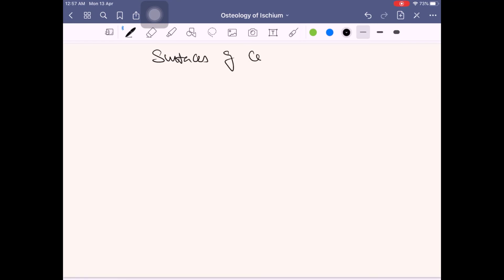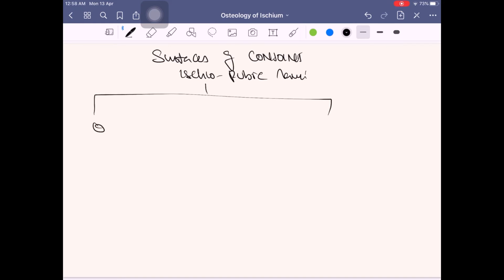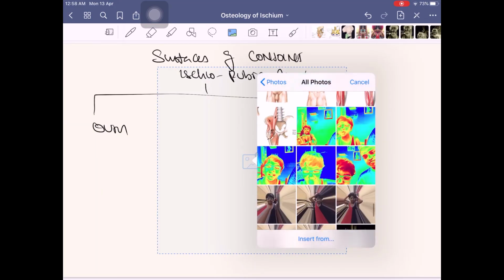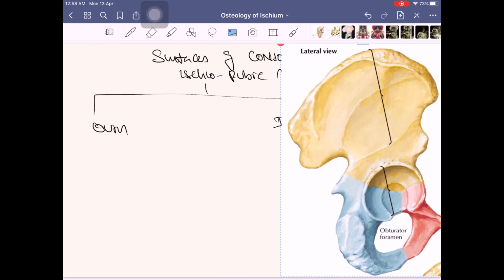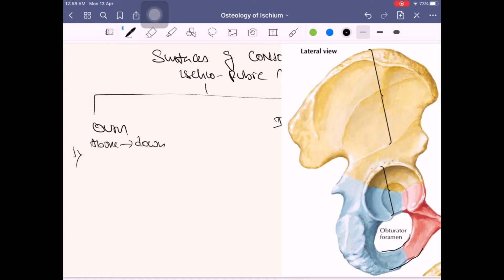So surfaces of conjoined ischio-pubic rami. So here also you have an outer surface and an inner surface. Outer surface, I will bring the picture again. Obturator foramen means that is the outer surface. So this is the outer surface, but this is the upper margin, lower margin. This entirely is the outer surface. Now this outer surface gives attachment to, let me write down here, a couple of muscles from above downward. So from above downward, if you go, the muscles are your obturator externus,